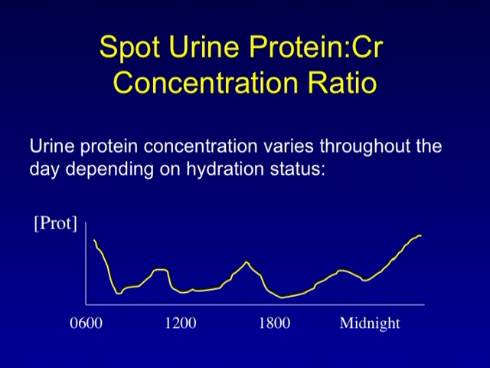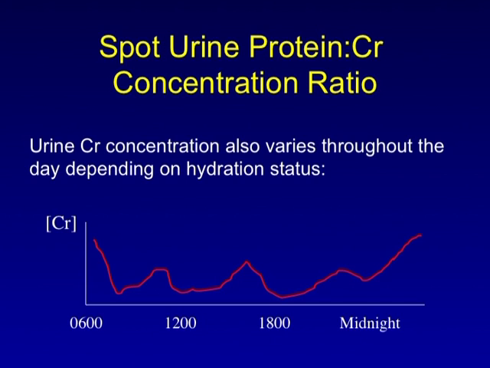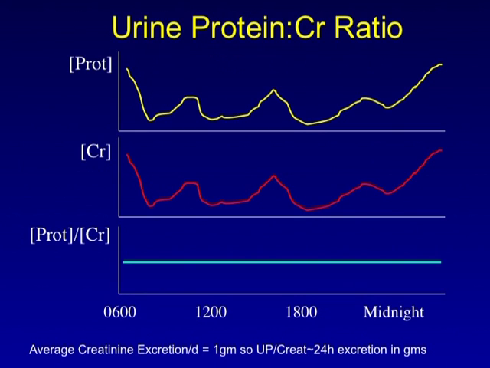If I were to sample your urine at various points throughout the day, the protein concentration, the amount dissolved in that amount of fluid, is really going to depend on whether we had been fasting overnight and then had more to drink, and it's going to cycle as we hydrate and dehydrate throughout the day. So depending upon when during the day you were to measure the urine protein, you're going to get a different concentration. But it just so happens that urine creatinine is excreted with the same effect on concentration. Since the curves are superimposable, the ratio will give you a relatively constant readout and indicator of the